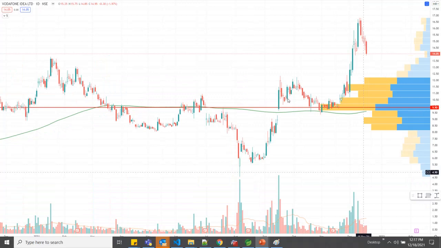Let us see another case study of Vodafone Idea. A few days ago, Vodafone Idea rallied from a price of 11 to 16 within 3-4 days. The reason for this fast movement was that the price actually moved out of a high volume node, and now a new value area is generated. Once the price has moved out of the high volume node, this breakout is real, and you can see price rallying from this point. I hope now things are more clear.